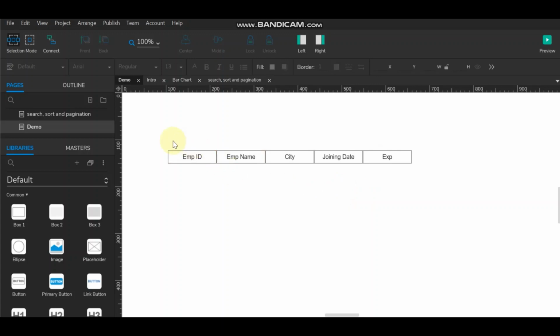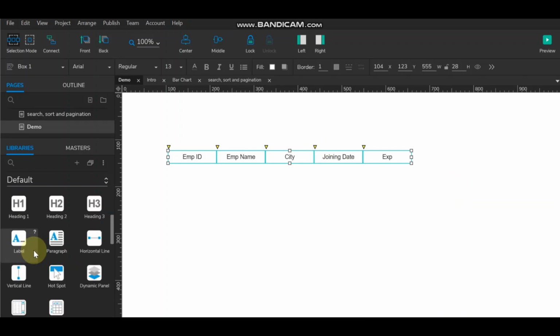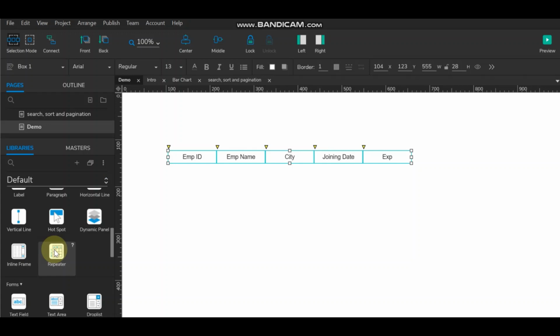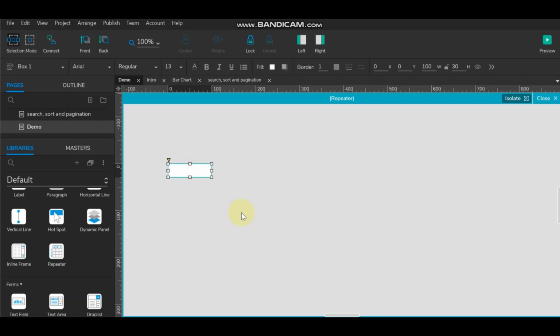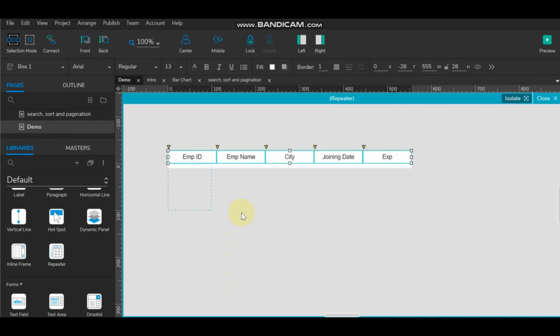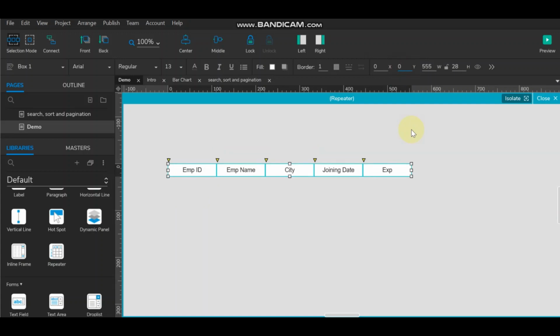Same way we'll have this and the repeater. We'll just copy this and we'll drag and drop the repeater. So from here we'll delete this, we'll paste that, and we'll set x and y to